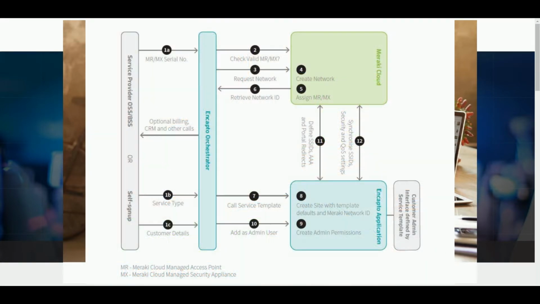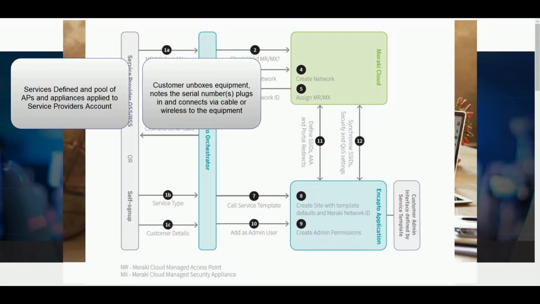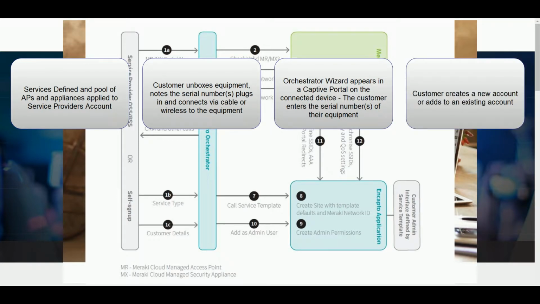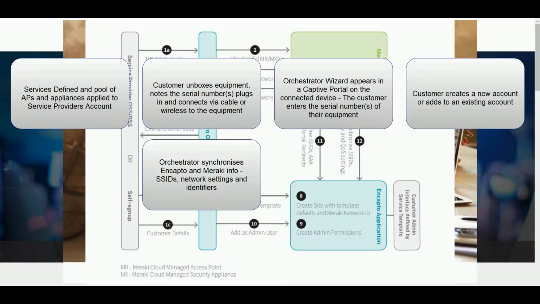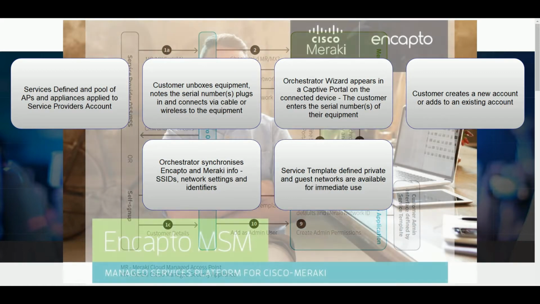The Encapto Orchestrator automates customer onboarding to slash time, costs and errors. Cisco Meraki wireless access points and security appliances are applied to a service provider Meraki cloud account, automatically provisioned and allocated to a customer by the service provider's order processing system or via customer self-sign-up. Now you've seen the orchestration flow, let's show you the self-service sign-up portal so that you can see it in